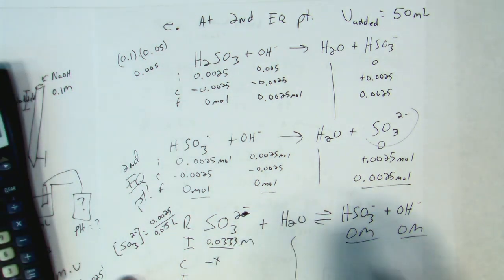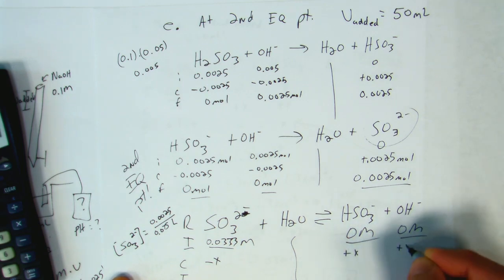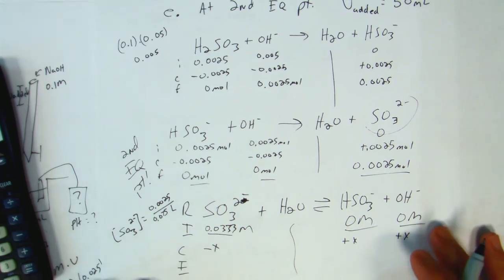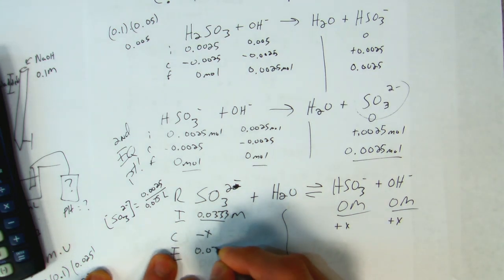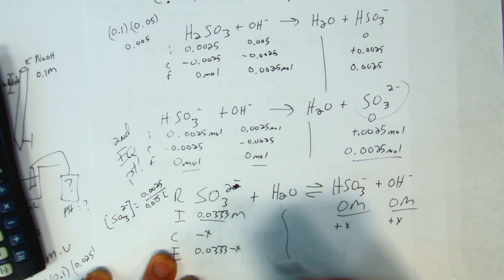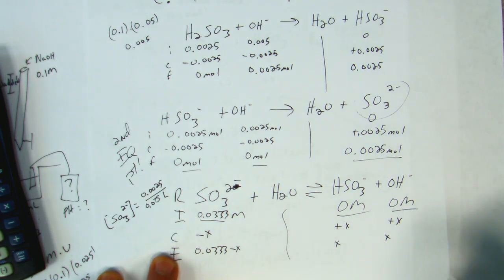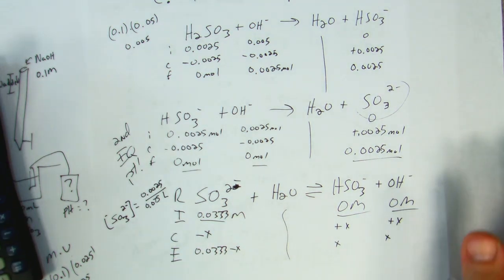I'm going to use some of this. I'm going to make some of these. Typical ICE table stuff, right? And then at E, I'm going to have initial minus x, and x, and x. And you probably figured out what we're going to do with this now. We're going to